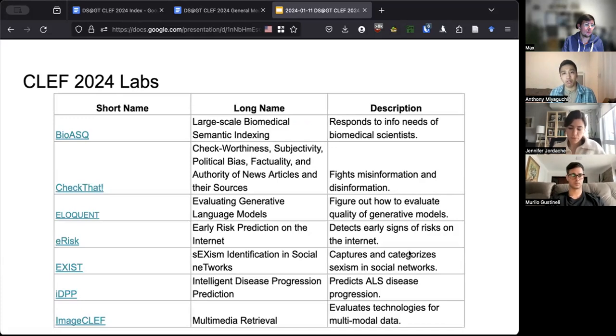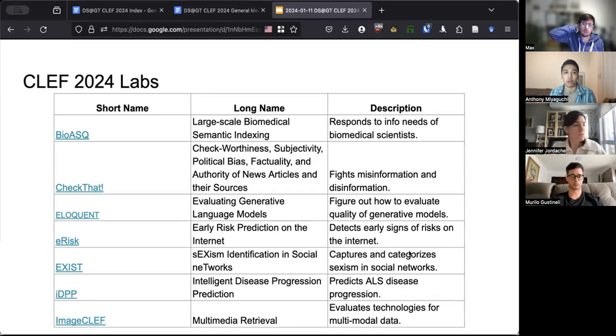There are a bunch of labs in CLEF. So CLEF is formed of a loosely connected set of organizations, and these organizations come together on a shared domain to organize these tasks and data sets. There are 15 of these labs, and each of these labs has their own kind of interesting challenge to present